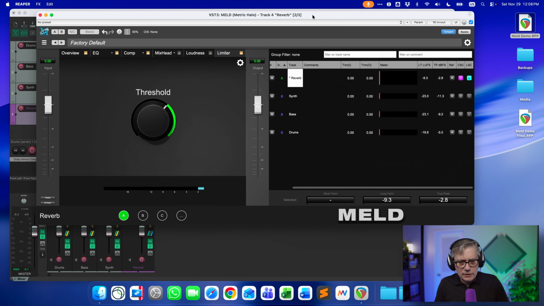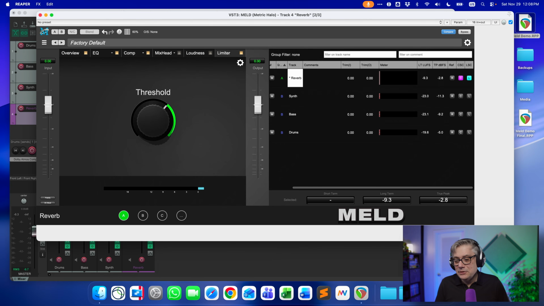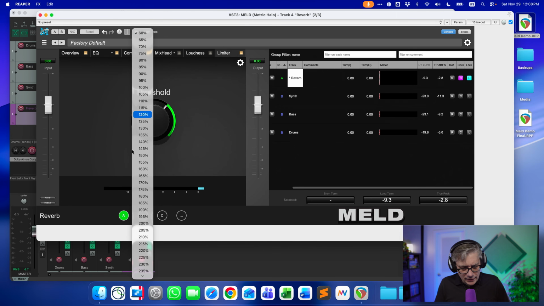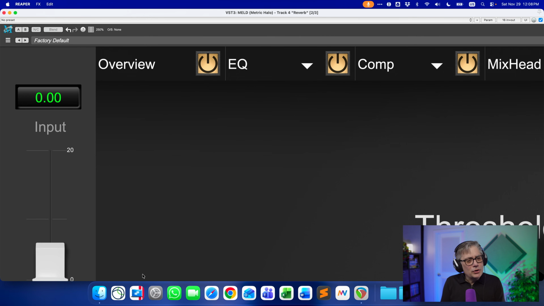And there's this very weird thing in Reaper that if I change that, it doesn't really rescale. This is the smallest setting for the interface, and I can go up to 250%. I'm not quite sure. Once again, the interface could use a little help.